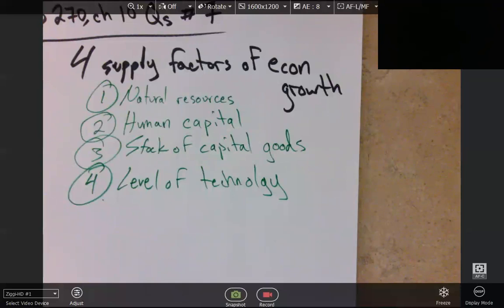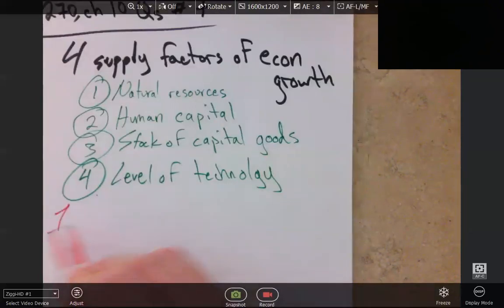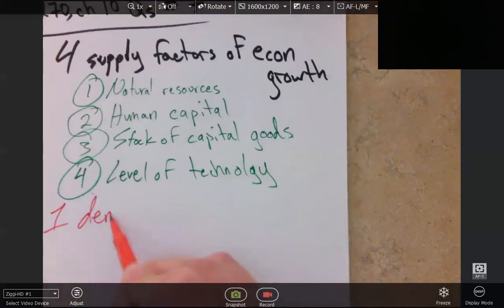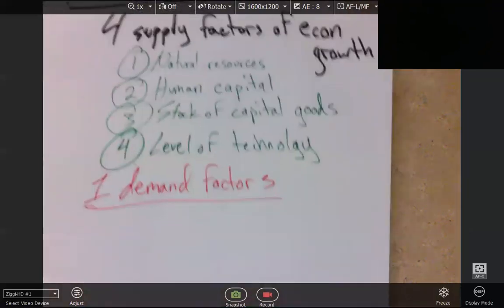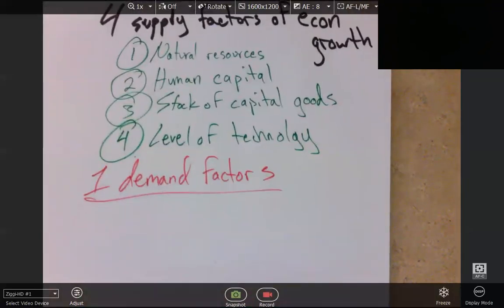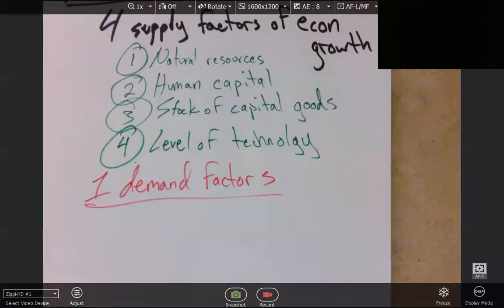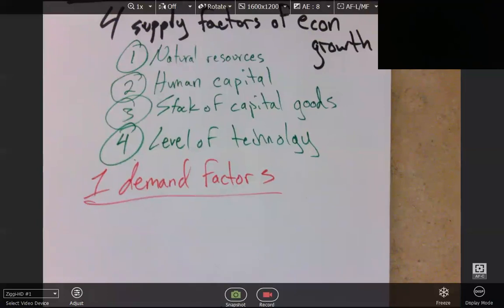What is our demand factor, right? So when we talk about economic growth, we have a supply factor and a demand factor. There's really only one demand factor. It comes from our good friend, John Maynard Keynes. This was one of his biggest revelations after the Great Depression. He was one of the main people that helped the world get out of it